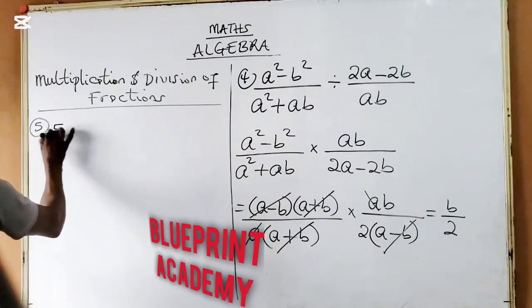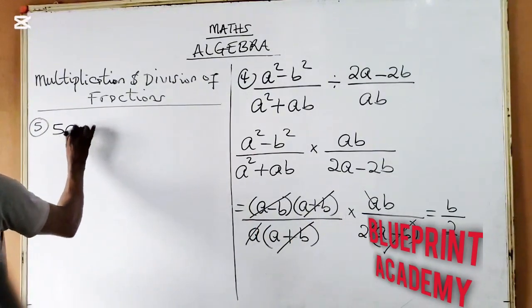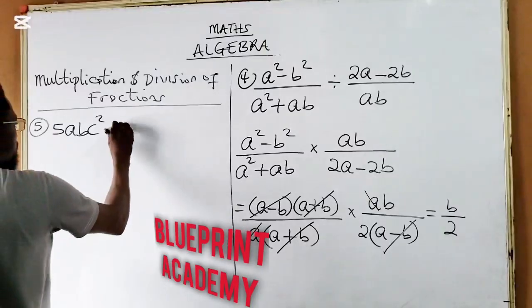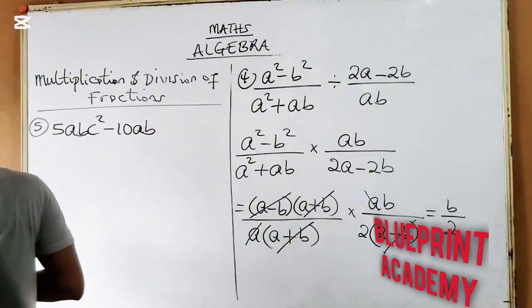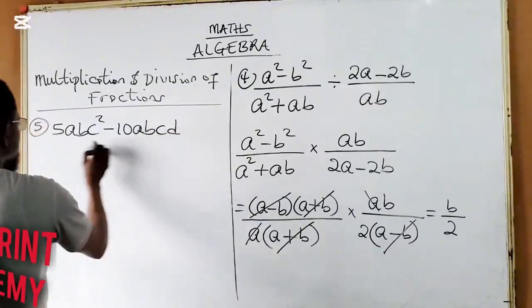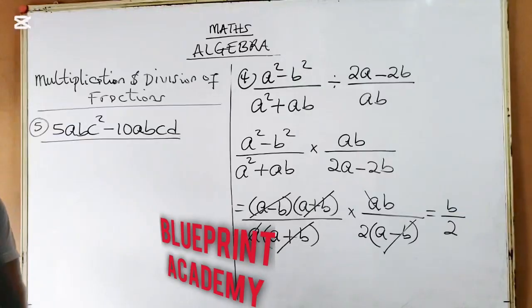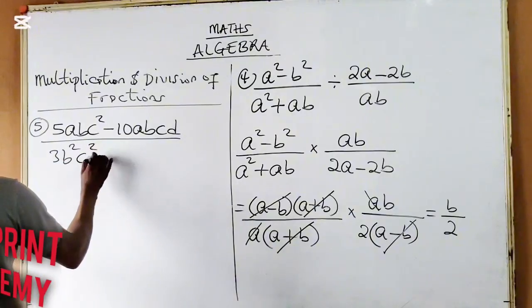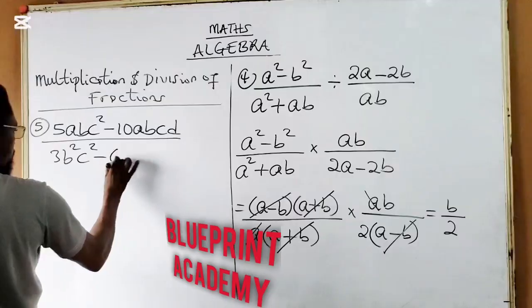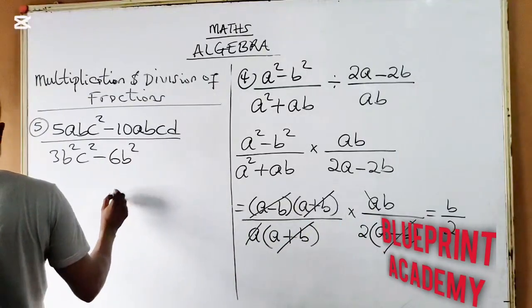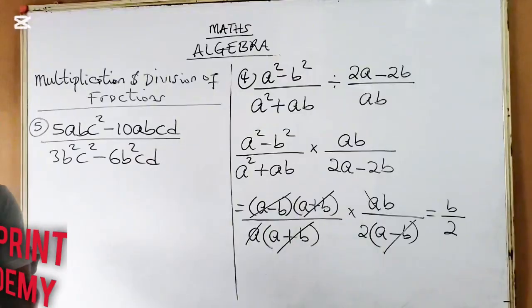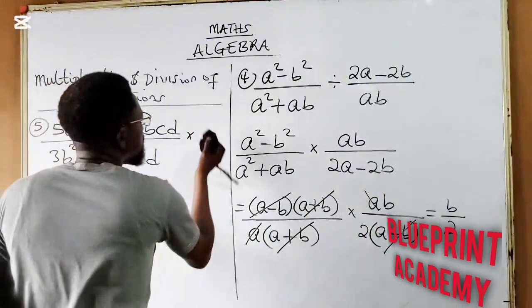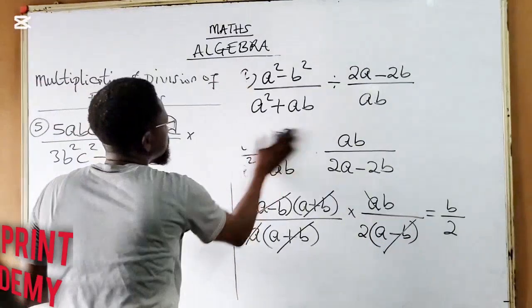Example 5. Simplify 5abc square minus 10abcd, divided by 3b square c square minus 6b square cd, then times 12b